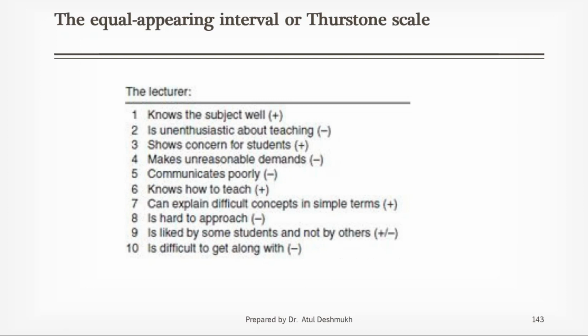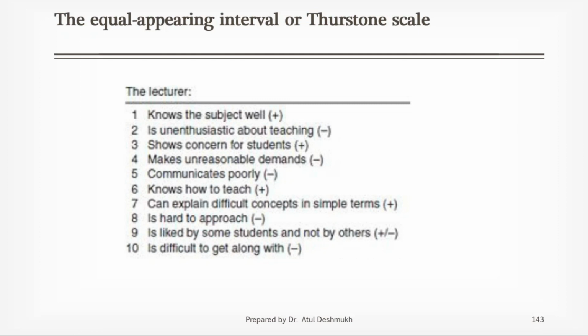Now what will the judges do? The judges will calculate, suppose for statement number 1, one person has given 4, second has given 5, and third has given 6. So what do you do? You calculate the median value. So 5 is the median value. So you will take 5 as the value for statement number 1. So that way you will calculate the weight or value for each statement, and then you will arrange all the